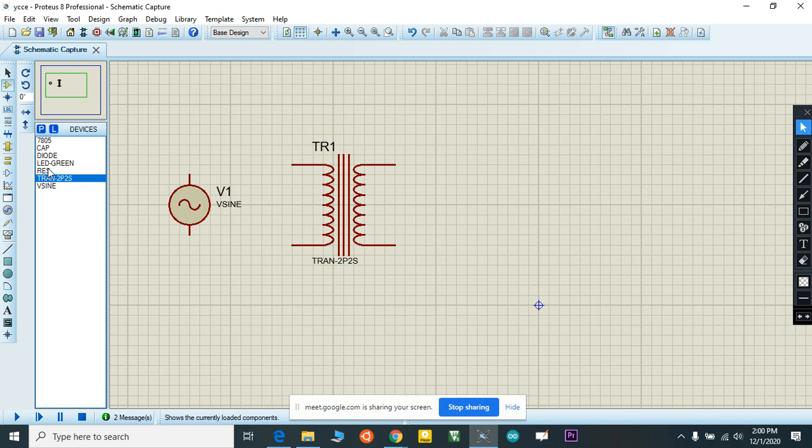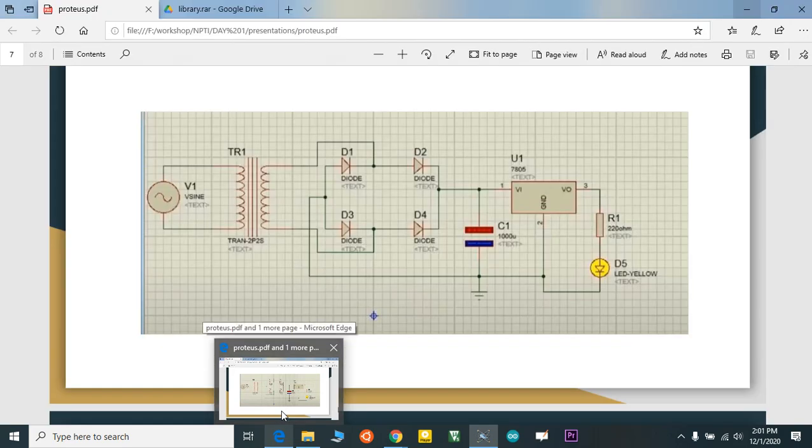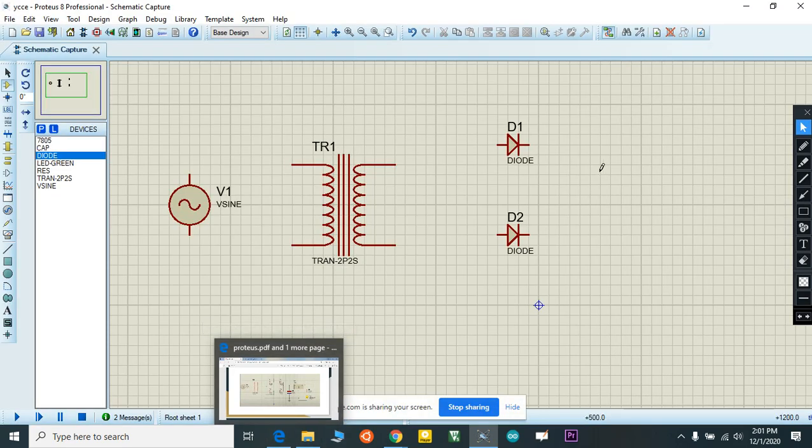I need to set up a bridge rectifier using diodes.